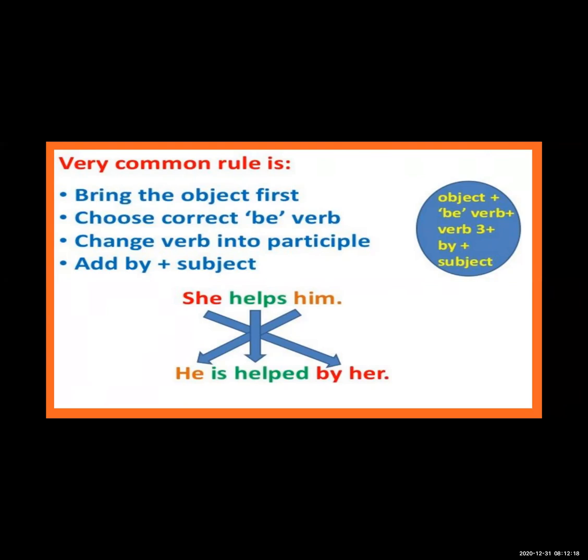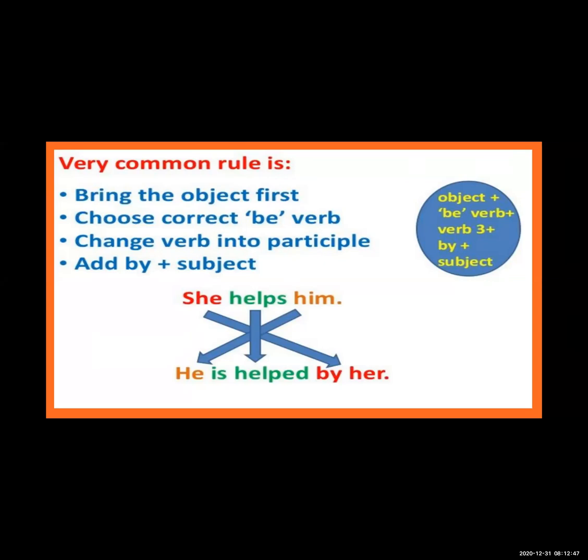Means first in the active voice sentence, you have to categorize that sentence into three parts: subject plus verb plus object. So when you know the subject, then verb means what? The action word. Okay, the action word. And object, the rest of the sentence will be the object. So when you know that this is the object, take that object in the first part of the passive voice.